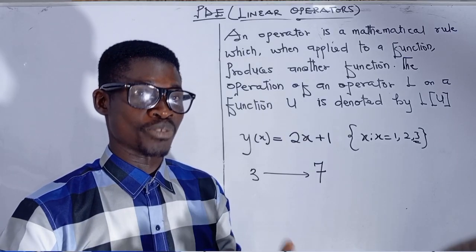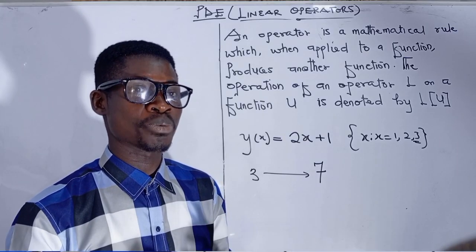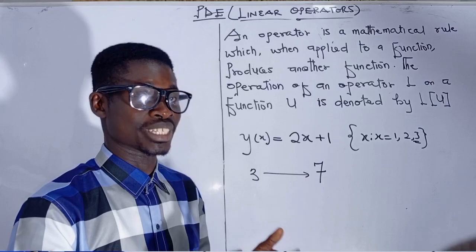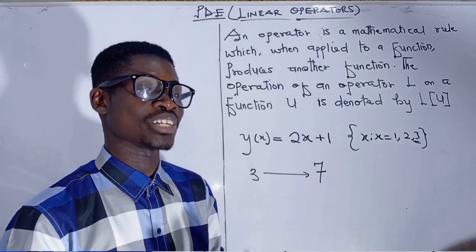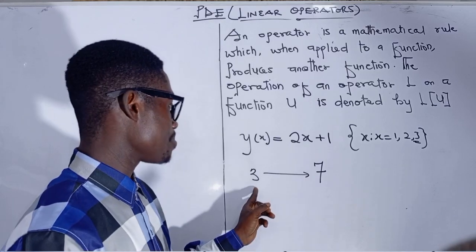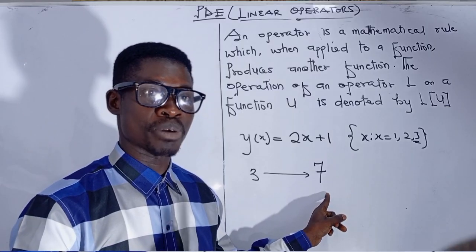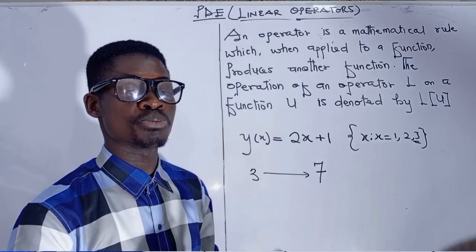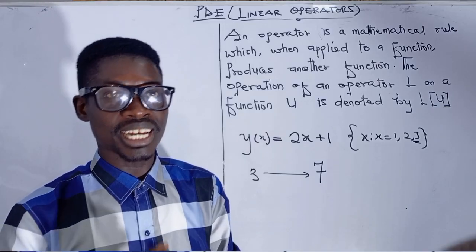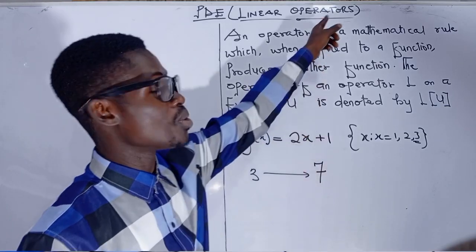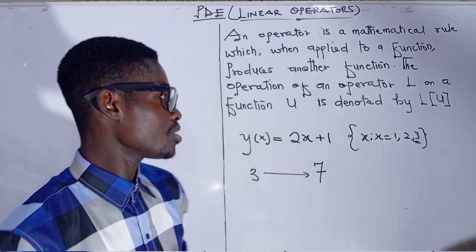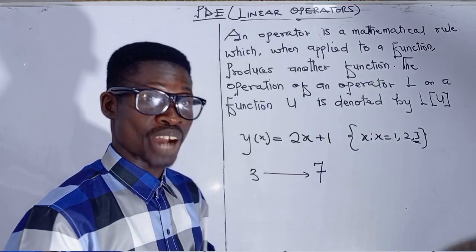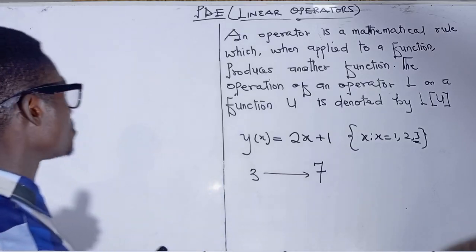So at this very level we have gone, so we are going to upgrade or advance to a certain level. We are not going to look at rules that act on numbers to produce numbers, but we are going to look at rules that act on functions to produce other functions. And that is what we refer to as what? Operators. So when you have, let's say, an operator, we are going to use L